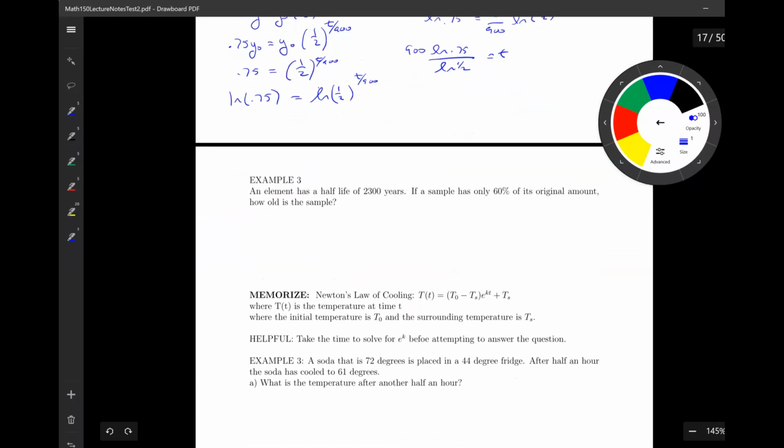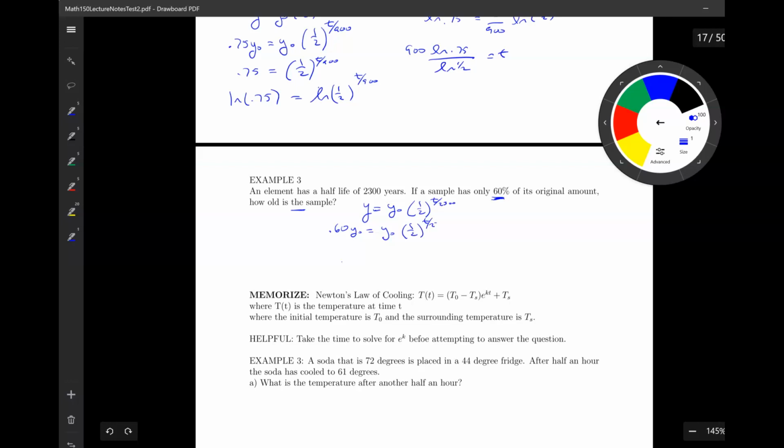All right, so let's see. You've got another one that's got 60% of its original amount that's left, and find out how old the sample is, and they're telling me the half-life. So y equal y naught, and then 1/2 to the t over 2,300. So I'm going to be finding out how long it takes to get to 60% of its original amount. So 0.60 of y naught